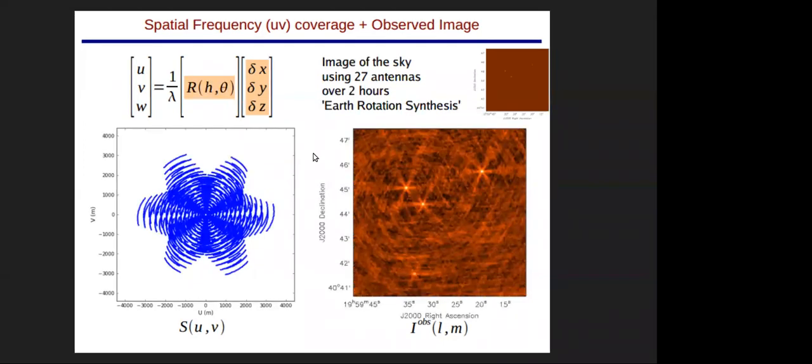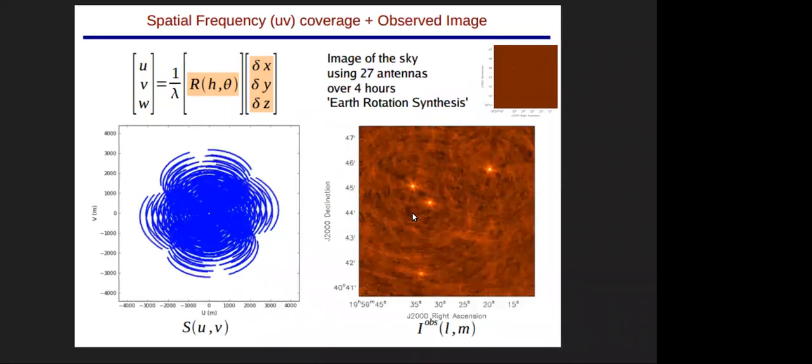Now, what I have tried here is 2 hours of Earth rotation synthesis. Now the visibility points have rotated, so it is more sampled, and you see that these sources are coming up. They were not buried under noise, and you can see these bright sources popping up. Okay, so now with more hours of observation, 4 hours of observation,